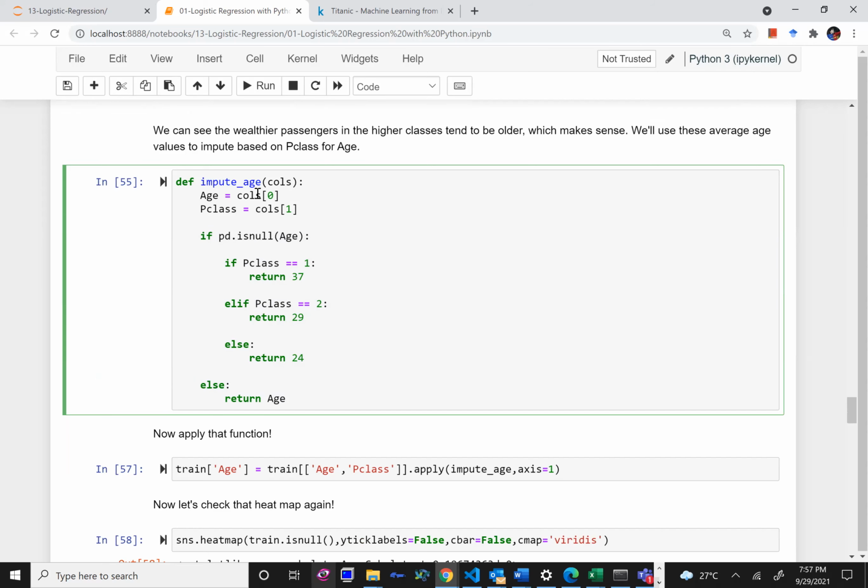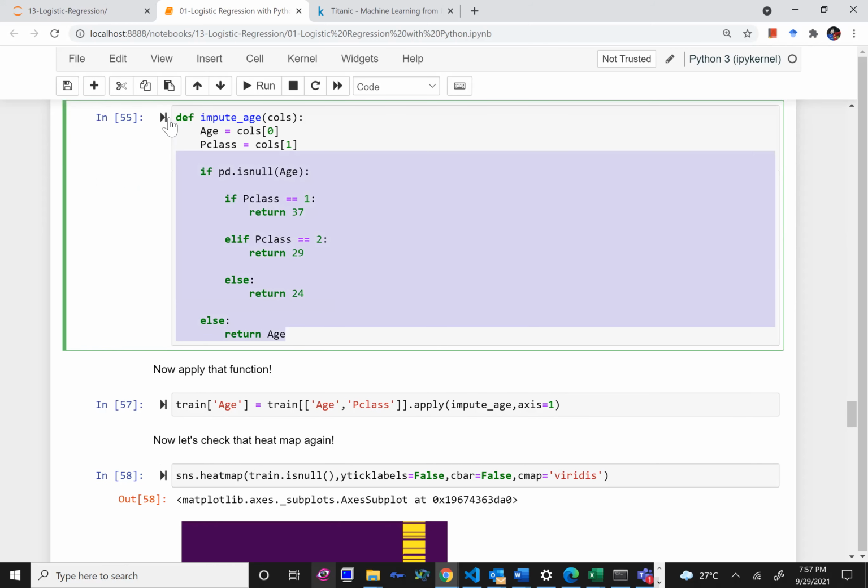So from the data set, you give me the age column and the passenger class column. If any age is missing, meaning the age is null, then you apply this logic. Otherwise, this else is for the case where the age is not null, and then you just keep the age as it is, right? So now I have written this function. This whole function I need to apply to the age column. In the age column, wherever it finds a null value, it will check the passenger class and replace the missing age value with the appropriate value.